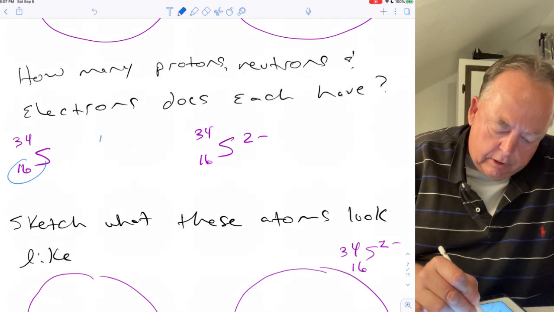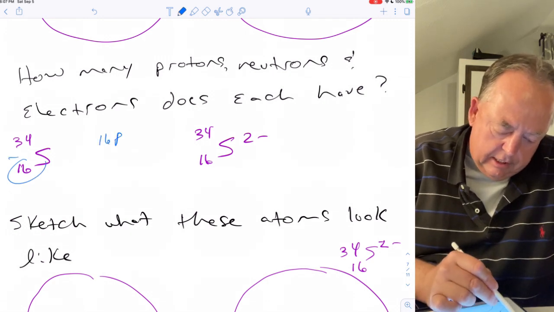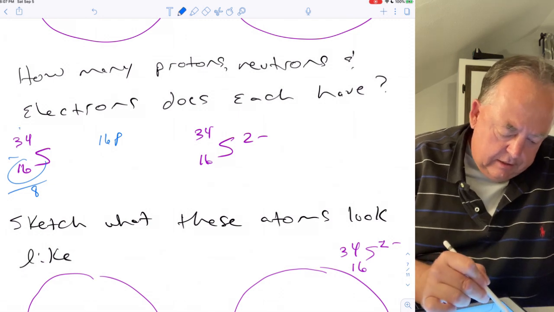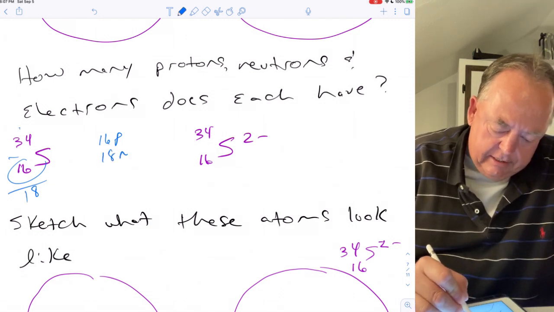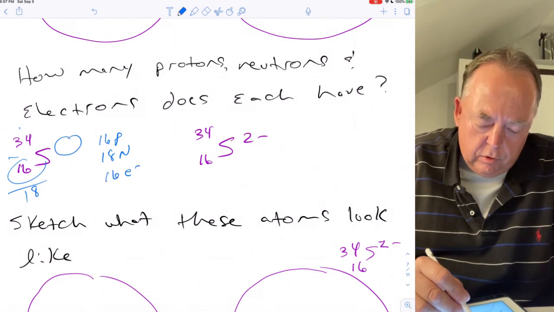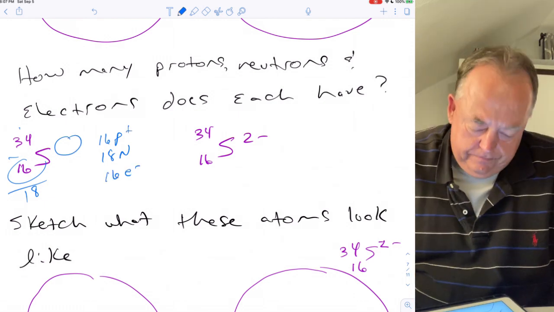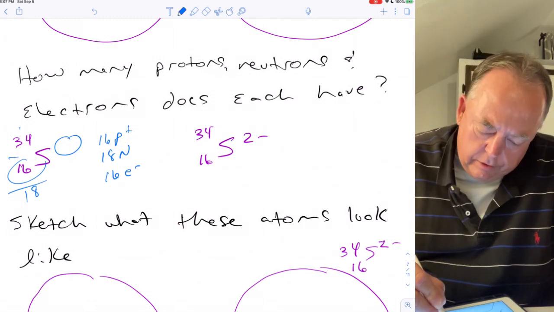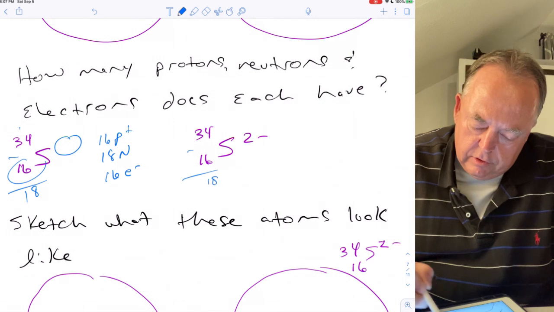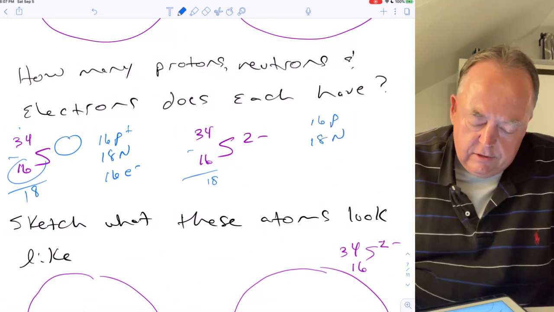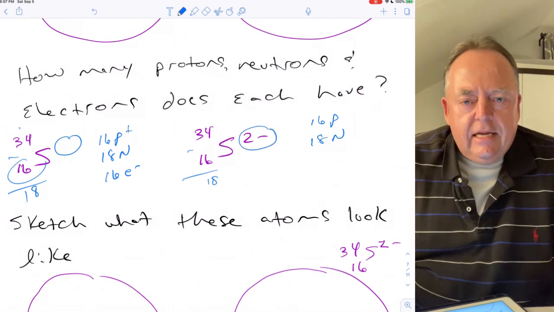Okay, so if we take these two, 16 protons, and if we subtract those 2, so that's 8, and that would be 18, right? So it's got 18 neutrons, and there's nothing here, so it's got to have the same number of protons and electrons, so that those two numbers cancel each other out to 0. Or in this case, if we subtract those 2, so 16 protons, 18 neutrons, but now it's -2 charge, so